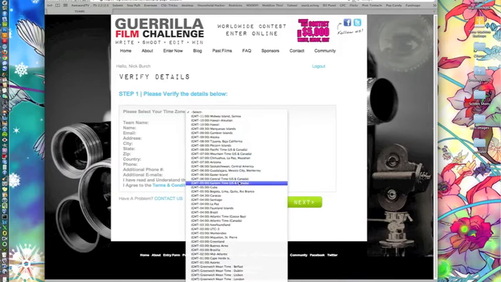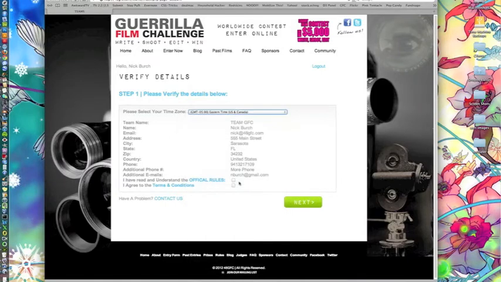Now, the most important thing I need to do here is pick my time zone. I'm picking Eastern time because that's where I am located. It doesn't matter what time zone I pick because I'll still have 48 hours to complete the event. However, if I want the clock to display correctly, the countdown clock that is, I want to pick the time zone in which I display. Links here for the official rules and terms and conditions. I'm going to go ahead and assume that you've read those.